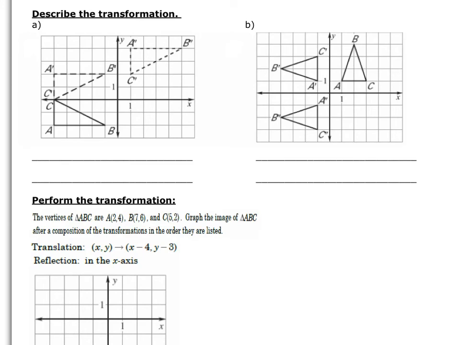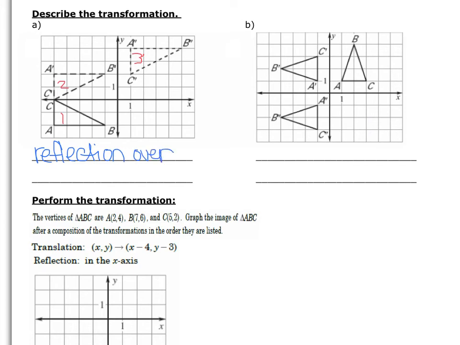All right, these are just describe the transformation. There are a couple of them going on, and it's just review. What you have to pay attention to here is where did it start and where did it end up. So you really have to focus on your primes. You want to start with the figure that doesn't have any prime tick marks. So in this case, we're going to start here, and then this is 1 prime, and then this is 2 prime. To get from 1 to 2, they did a reflection over,